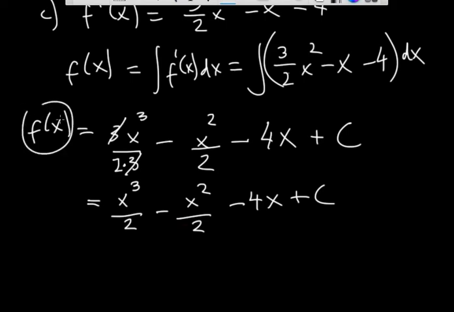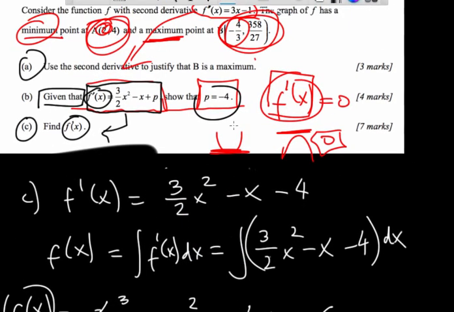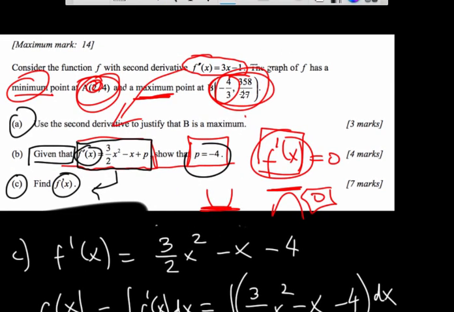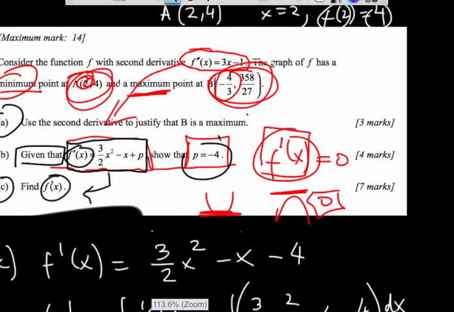Now, this is f of x, so I can actually use the values that they've given me to find out what the constant is, because I know that according to the information they give me, point A has a value of 2,4. In other words, when x is 2, f of 2 must be 4. The value of the function, my y coordinate, must be equal to 4. So I can use that information